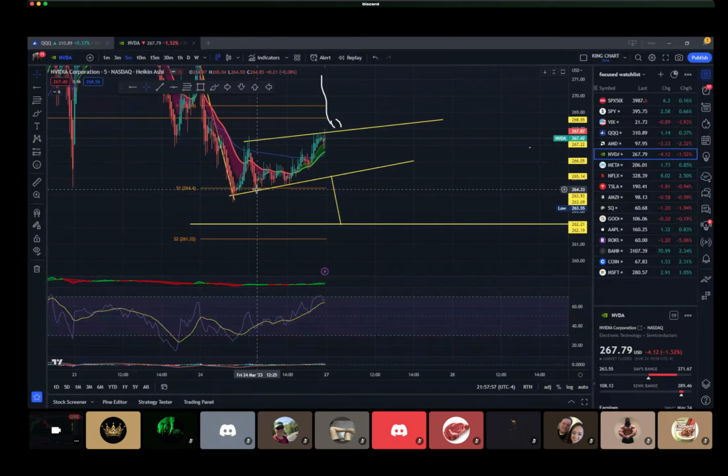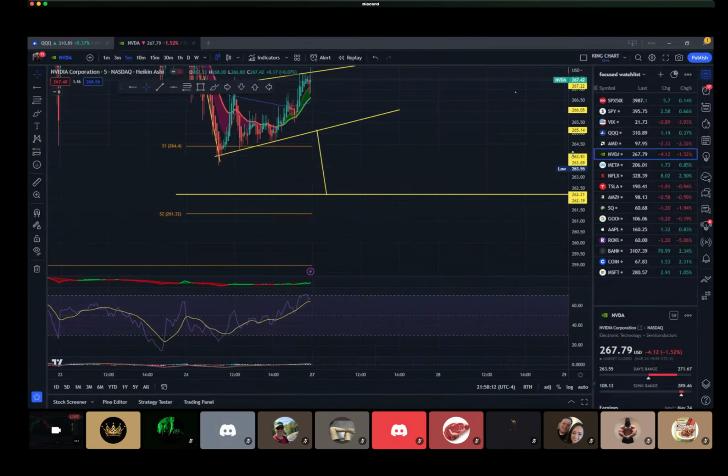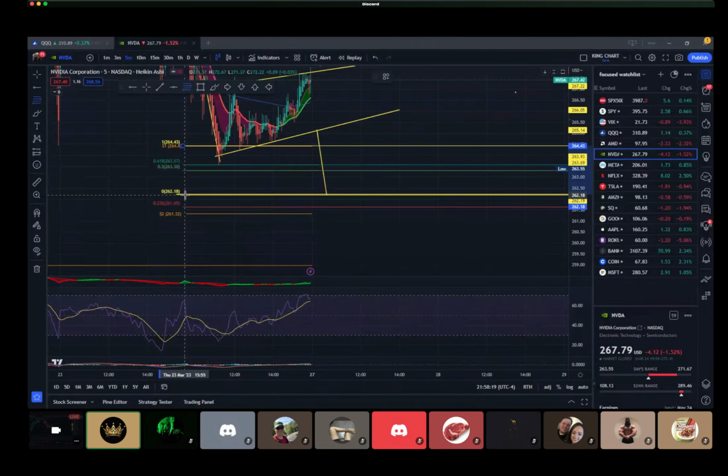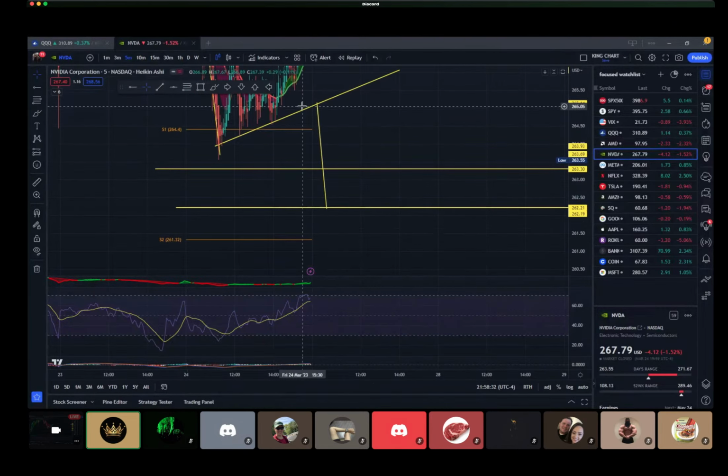And then in this case, if we break out of that flag, we can go to 264.40 and 262.23. If you ever feel like the move is too big, from the measured move and the last resistance, you can always just get a Fibonacci. Just measure it out. Measure your 0 to 1, and make a little support line at your halfway point. You delete it, boom.